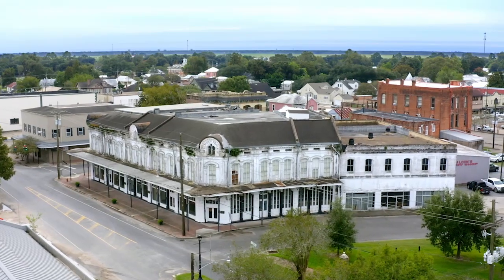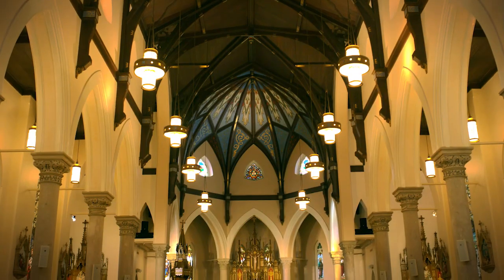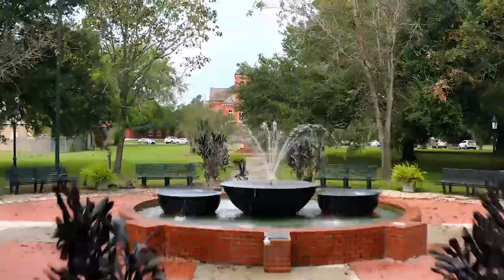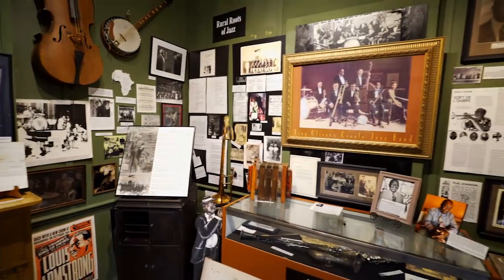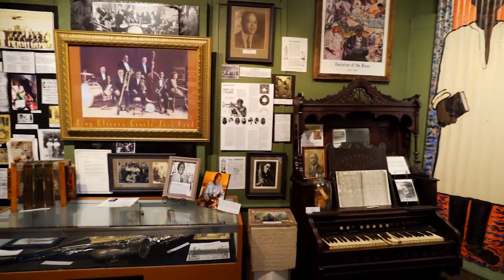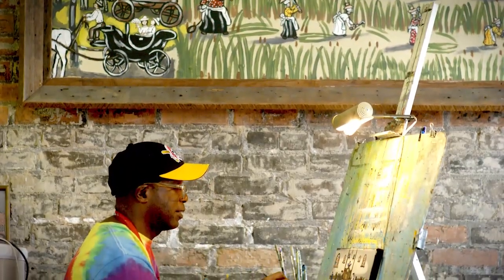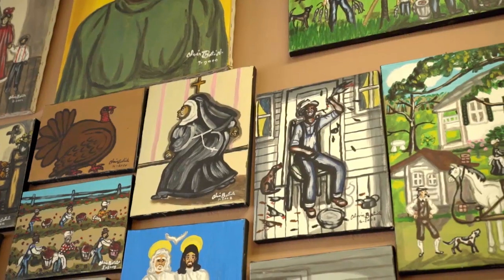In Donaldsonville, sacred structures stand as testaments to the area's diverse 200-year-old communities. Stories ooze from the walls of old meeting halls and Creole homes in Louisiana's second-largest historic district. The powerful spirit, soul, and heritage of the area's African-American community are captured in the special stories and exhibits of a nationally recognized museum. And through his colorful images, an acclaimed primitive artist depicts and commemorates daily life, historic events,